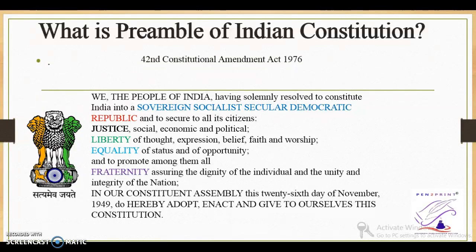Is the preamble a part of our Constitution? Yes, the preamble is a part of our Constitution. Earlier, in the Berubari case 1960, the Supreme Court had held that the preamble is not part of the Constitution. But later, in the Kesavananda Bharati case 1973, the Supreme Court gave an elaborate verdict which inter alia said that the preamble